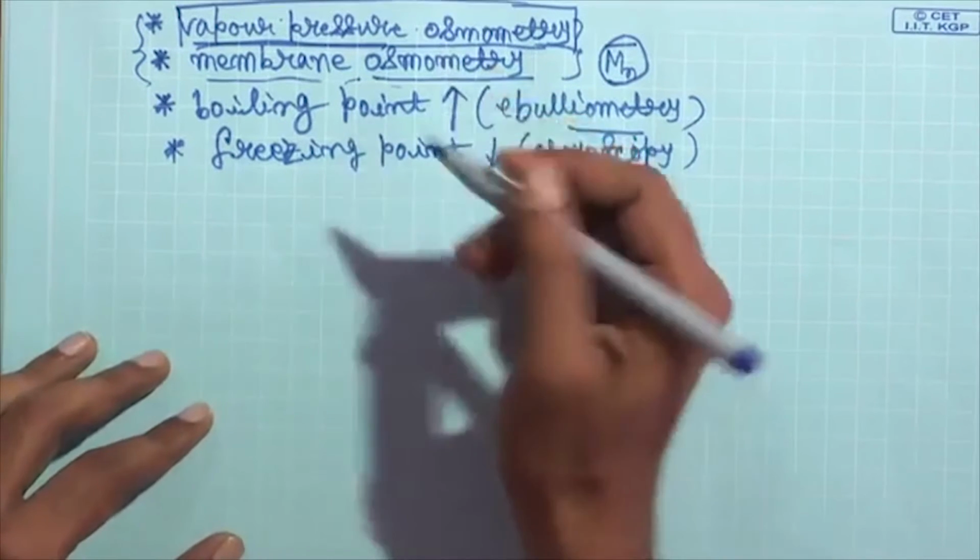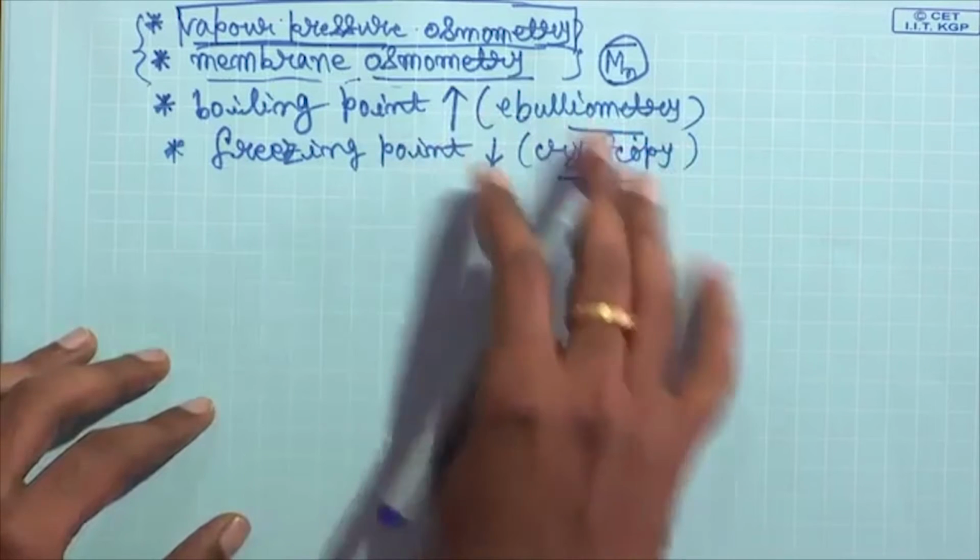Now, what happens when you have a solution of a polymer? Say you have a dilute solution of a polymer at a particular temperature. If you just have the solvent, it has a particular vapor pressure, because some molecules of the solvent go from the liquid phase to the vapor phase, and some come back. So, if it is in equilibrium with its vapor at a particular temperature, it has a particular vapor pressure. Now, if we dissolve a solute, in this case a polymer, into that solvent, there is a lowering of the vapor pressure of the solvent in that solution.